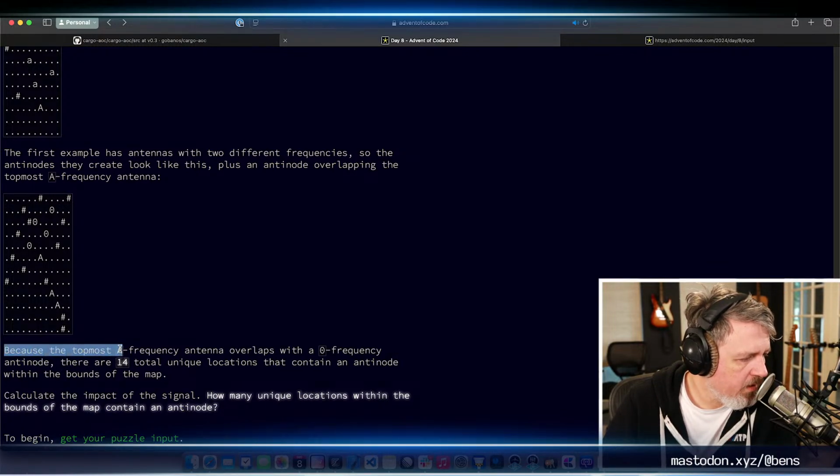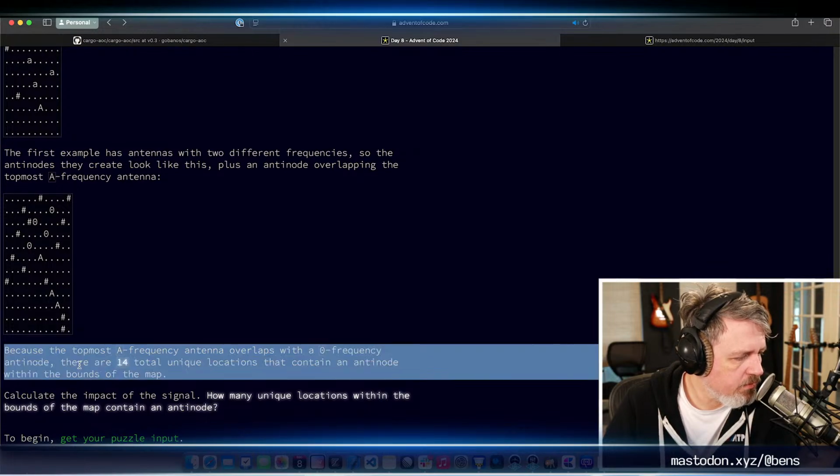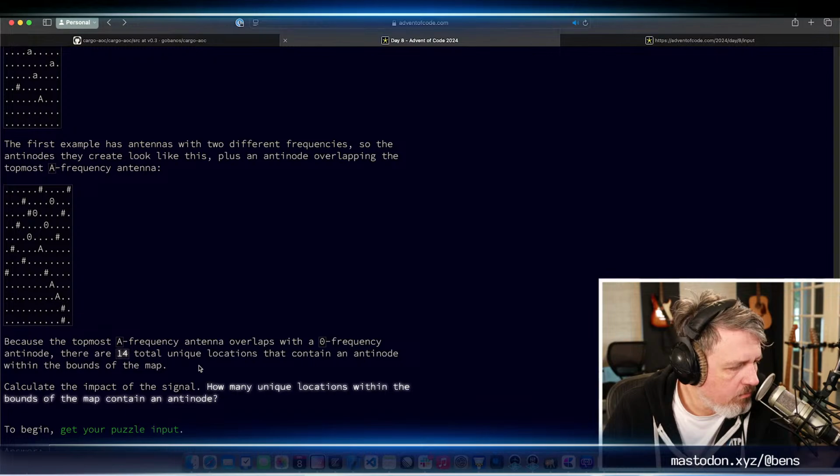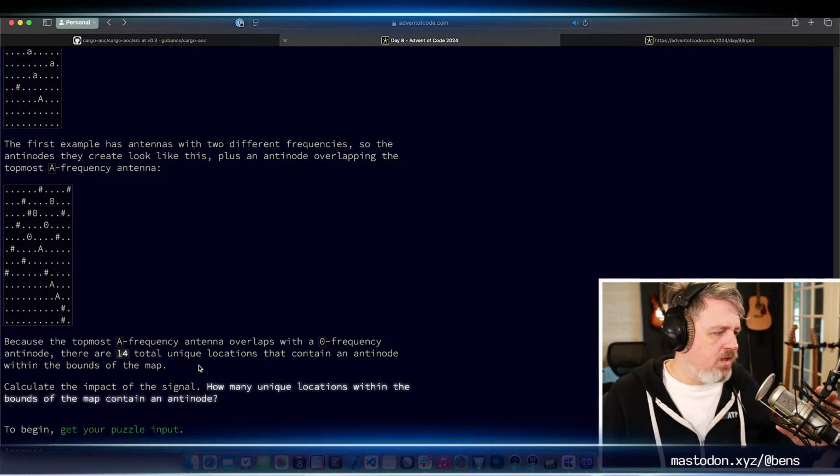Because the topmost A frequency antenna overlaps with a zero frequency antinode, there are 14 total unique locations that contain an antinode. How many unique locations within the bounds of the map contain an antinode?